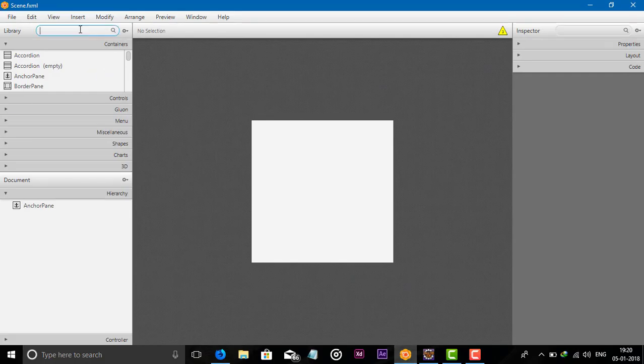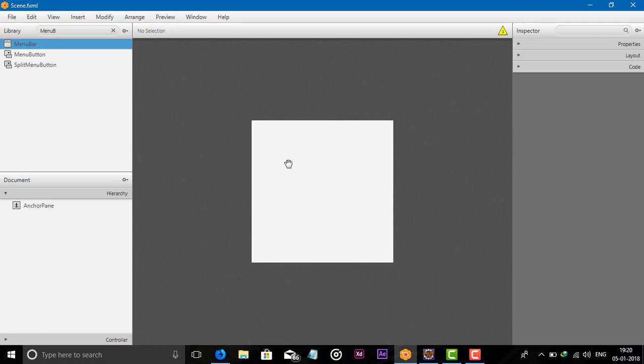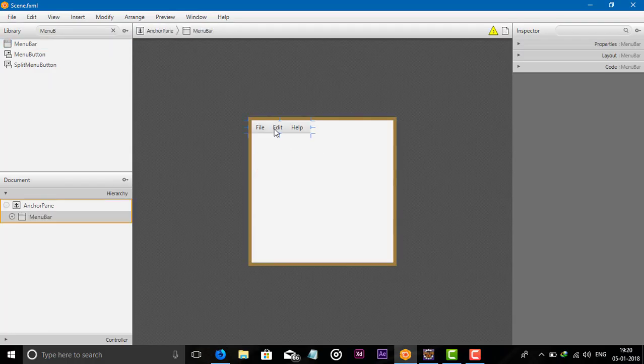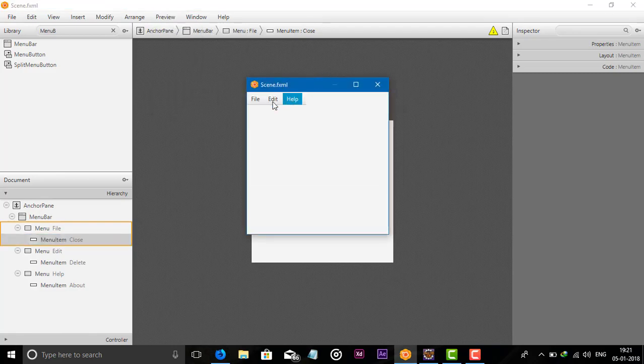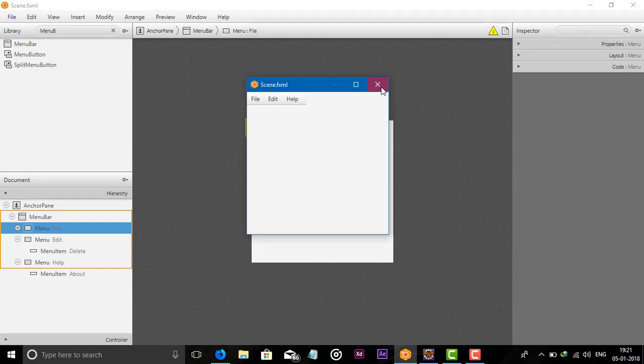Okay, so firstly add the menu bar here. Menu bar. Okay, so we have added the menu bar, and you can see when we click on the plus button, it by default adds three menus, and in the menus, menu item one, second menu item, and third. You can see the preview of our application. So they added some menu items by default,